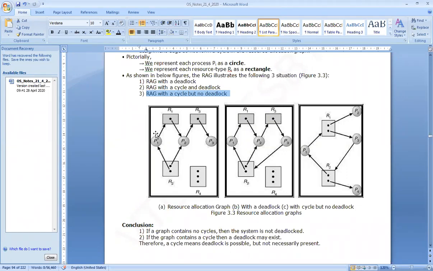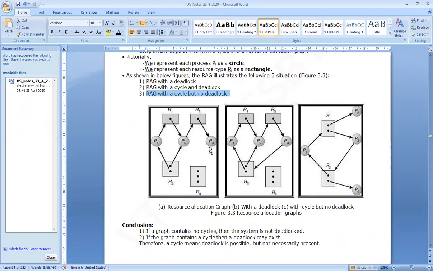So like this, we may get a situation where there is a loop. There is a deadlock in this situation, where process P1 and process P2 are in a deadlock, because one instance of R2 is already allocated to process P1 and it is requesting one more instance of R1. In process P2, one instance of R2 and one instance of R1 are already allocated, but it is requesting one more instance of R3, which is already allocated to process P3.